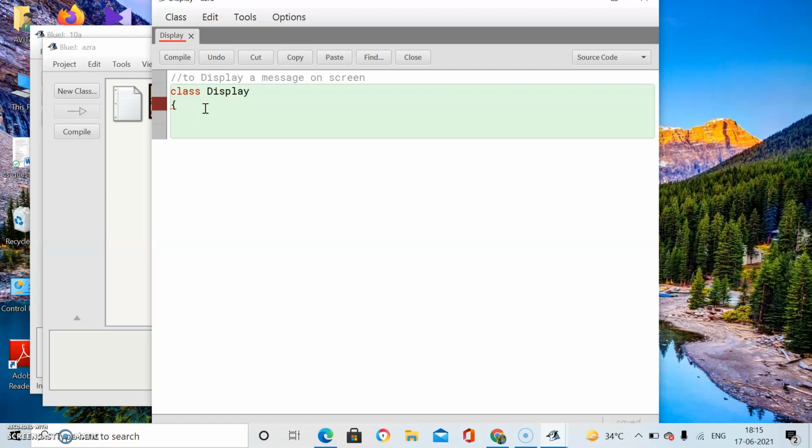But we will perform an operation, and this is an operation. We have to print a message. So we can do this only in a function. Only a function can perform a task. So what is the task here? We have to print a message on the screen. So we will define a function here first.